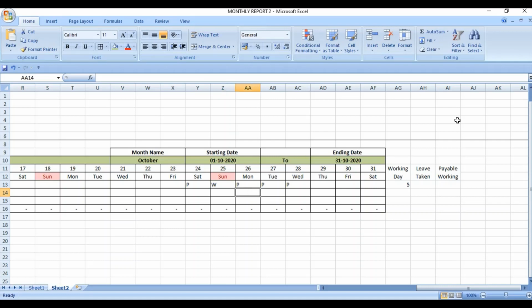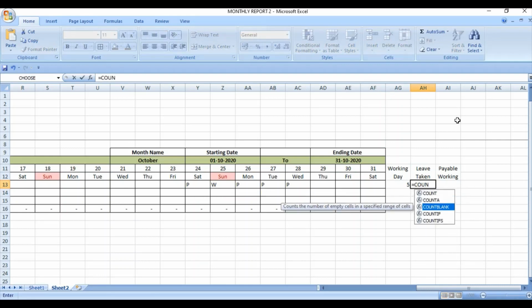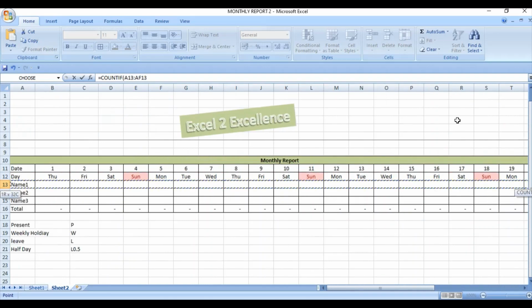In a similar manner, we can take the accountability of the leave taken. So right here COUNTIF function, select the same range, apply there a comma, and within quotation sign write L, close this bracket. Half day attendance or half day absent is also considered while preparing the salary sheet.